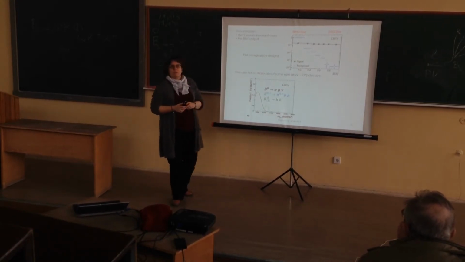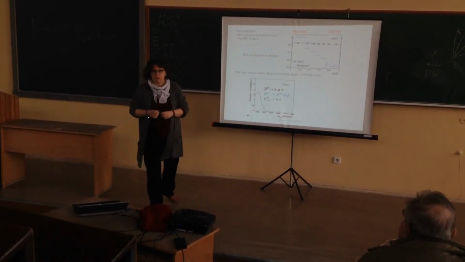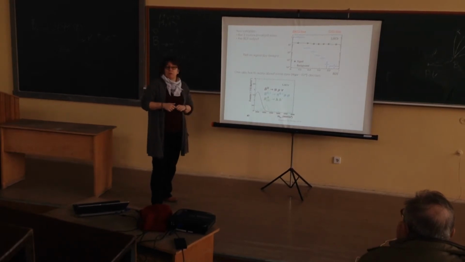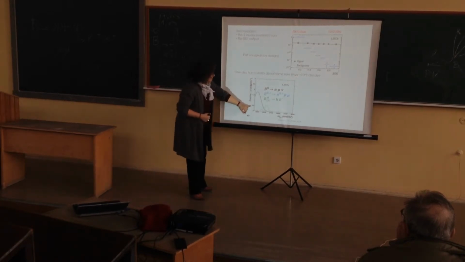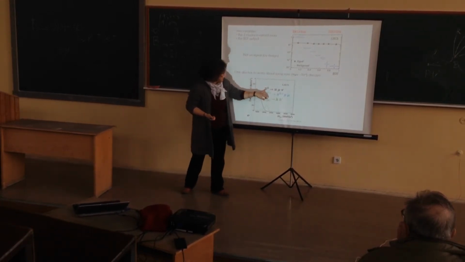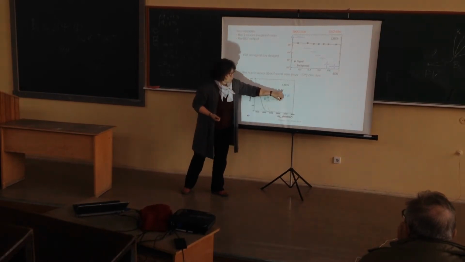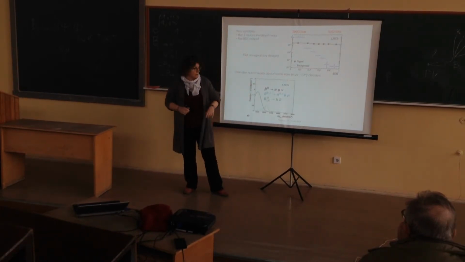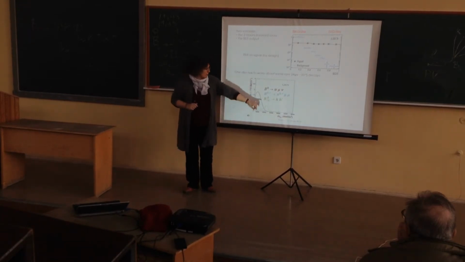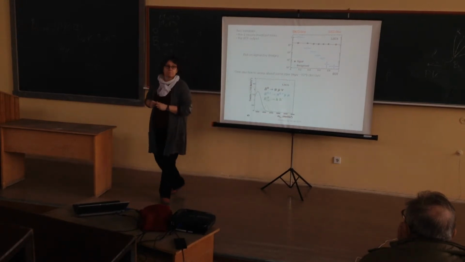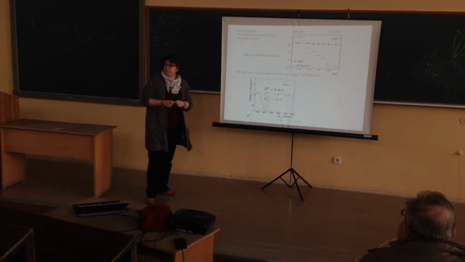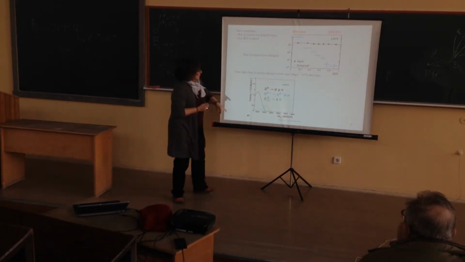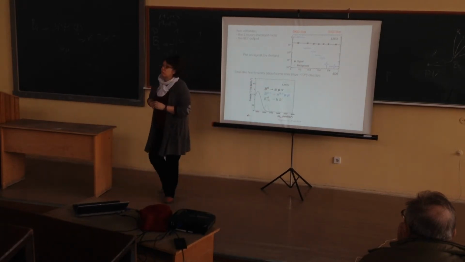When you're looking for something so rare as 10 to the minus 9, you should worry about backgrounds which are rare, but not that rare. And such backgrounds can be, for example, semi-leptonic decays of B to pi mu nu. Okay? So it doesn't look like signal, but still, you have already a good muon. Then, what can happen to the pion? Decay in flight, yeah. So then it will give 2 good muons. Okay. But you have a neutrino that you don't see.